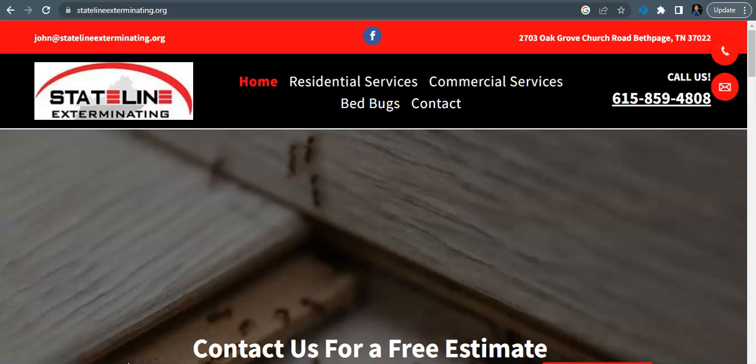So without further ado, the three things that we're going to go over today are content, citations, and backlinks. Content is king. Google likes to see anywhere from 1,500 to 2,000 words of content on the homepage alone. There are a few reasons why. One, it lets them know that you're an expert in your field. And two, it allows you to get in some of the high quality and relevant keywords that the Google